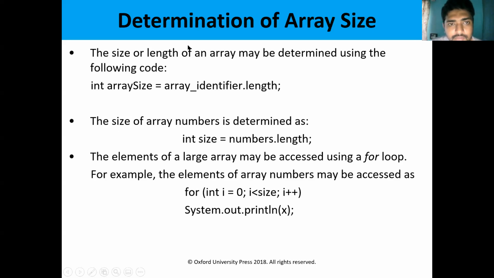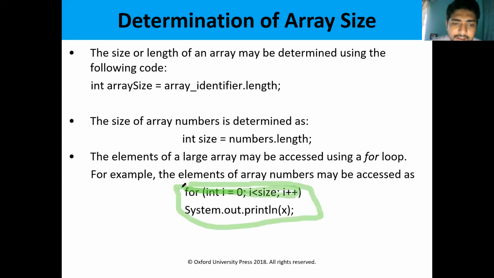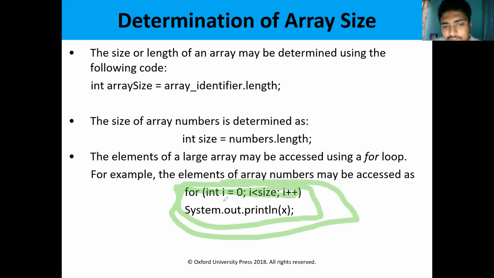This is the syntax for accessing the array elements or printing the array elements. For i is equal to 0, i less than array length, i plus plus, System.out.println x, printing the array x. We can use the for each loop to print the array. By using the for loop, we can initialize the array as well as access the array. We can print the array. By using the for each loop, we can simply access the array. Let us see that one.